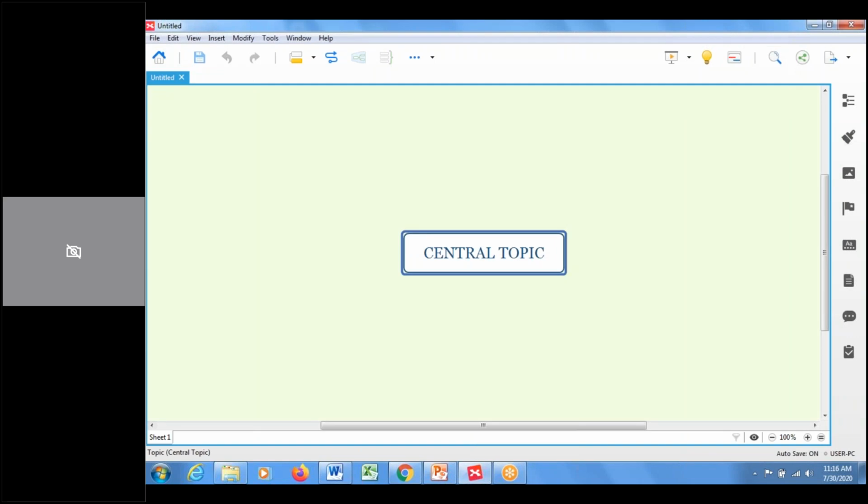For example, as a teacher, maybe as a teacher educator, I am going to teach my children, or I am going to create a handout on COVID-19. See, COVID-19 is a pandemic disease, and the teacher is planning to prepare a mind map on COVID-19. So what is the central topic? The central topic, double click it, you'll get this particular option. You can go and type COVID-19. This is your central theme. Fine. Now the central theme is fixed. I'm going to talk about COVID-19.